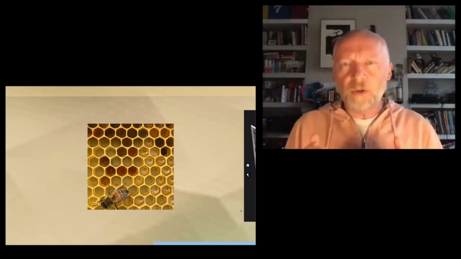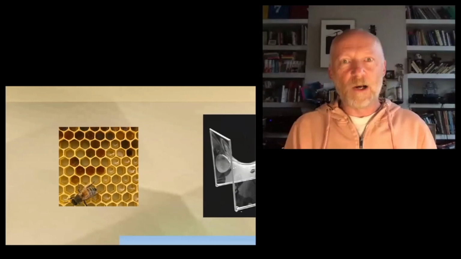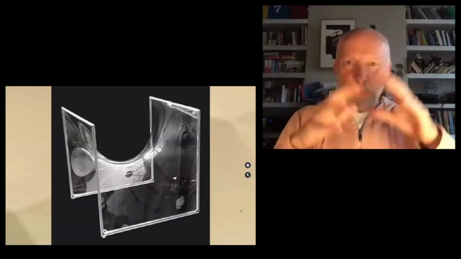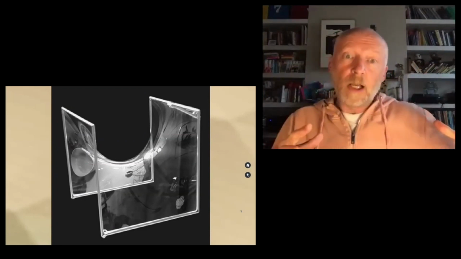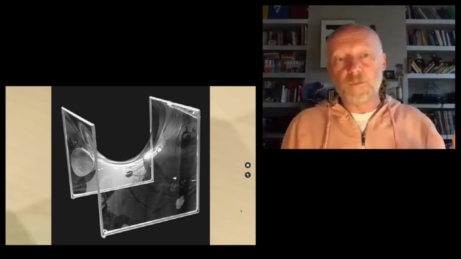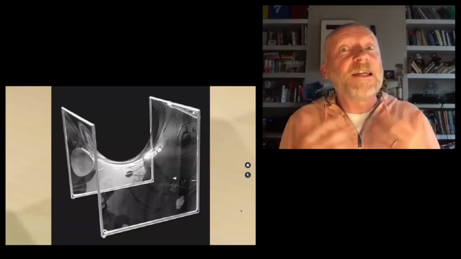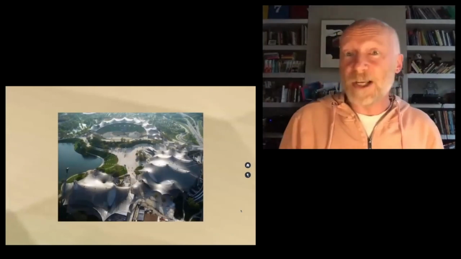So nature very often hones in on these very efficient ways of solving a problem. Bubbles is another interesting example. The reason that when you blow a bubble, it's a sphere, is because the sphere is the shape with the smallest amount of energy which contains that particular volume of air. So if you take any particular frame and you put a bubble over it, nature finds the shape which is the least energy shape. And this actually has been used by humans in architecture, for example.